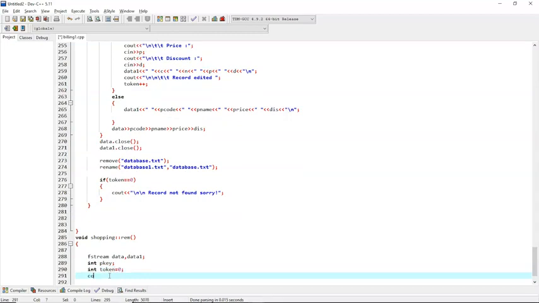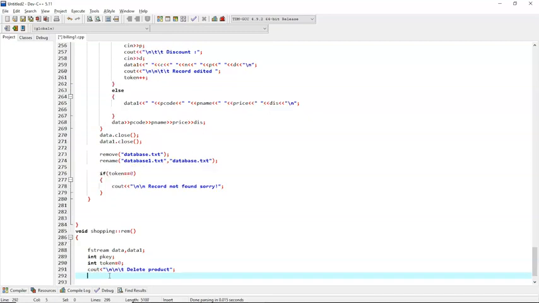Now we'll display \t delete product. Now we'll display to enter the product code. So we'll write